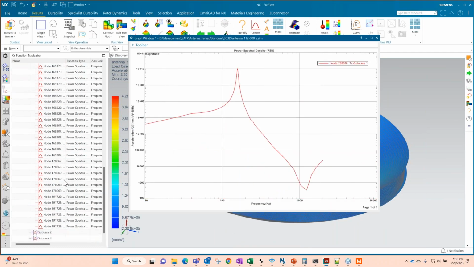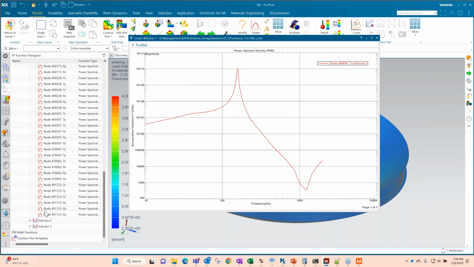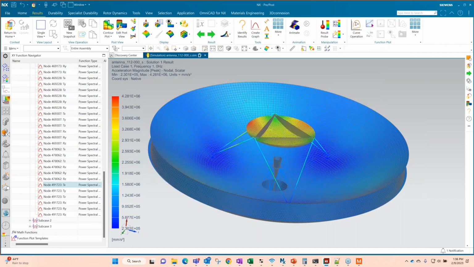And then I just need to make this so I can see what I'm looking at. You can plot these together, so you can see there I've plotted my base excitation input and one of the responses at one of the nodes. So you can group all these together. You can create any type of plot you want. The SimCenter has a lot of great tools for doing that, and FEMAP as well.